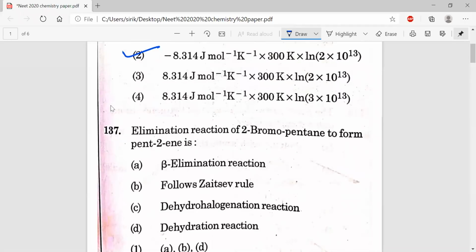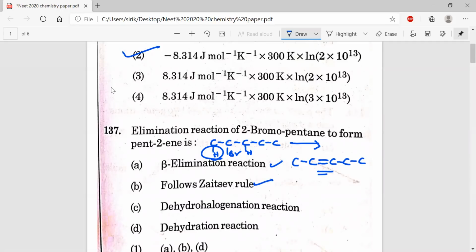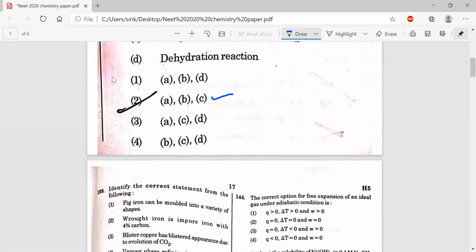Question number 137, take 2-bromopentane, 5 carbon, second position bromo, and when we are doing a reaction, elimination reaction takes place, beta hydrogen will be eliminated. We have 2 beta hydrogens, either from this CH3 or this CH2, either from the first carbon hydrogen, or this hydrogen can undergo elimination. We can get 2 products. Out of 2 products, the more substituted alkene is more stable as per Saytzeff's rule, and it is the major product, which gives pent-2-ene. Here dehydrohalogenation takes place, in the sense H and Br go out as HBr. Option 2 is correct.